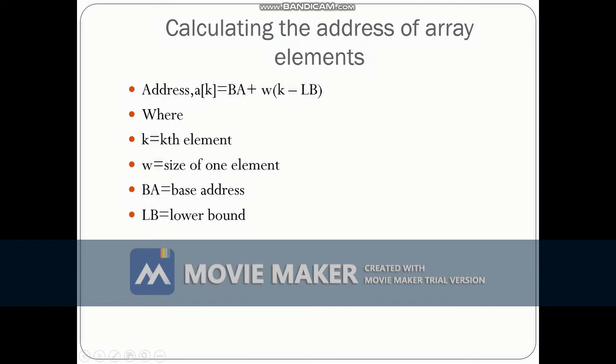I will explain each of these terms with the help of an example, but for now we should know that this is the formula to find the address of the kth element: base address plus size of one element times (k minus lower bound).